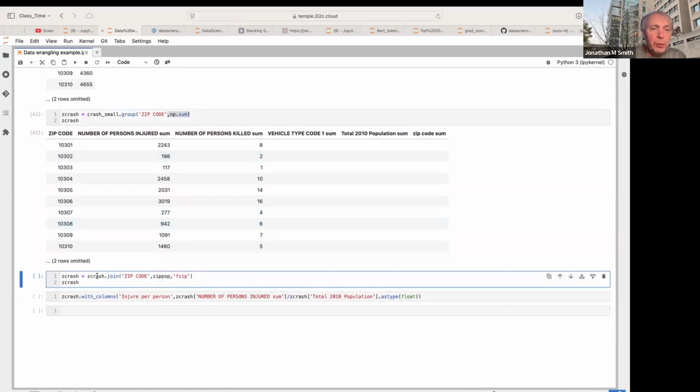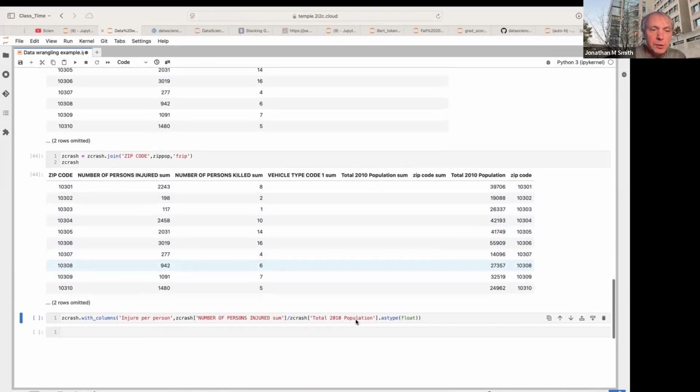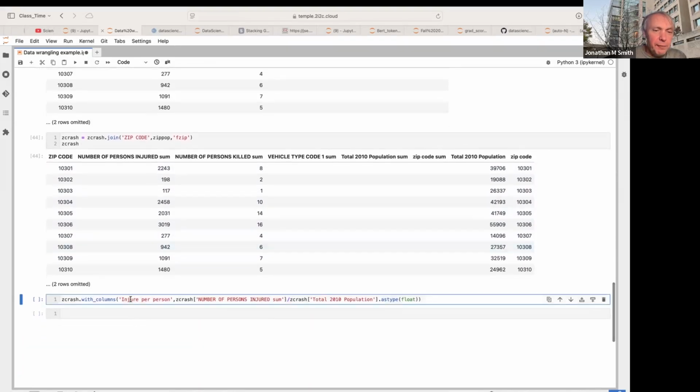If we go forward with the zcrash data, now I can join to this zcrash, because note here the population doesn't show up because the NP sum does not function with the data provided there. Now if I attempt to rejoin, with these injured people, I do have the population associated with each of those zip codes. The final piece that I'll show you is we can create a new column